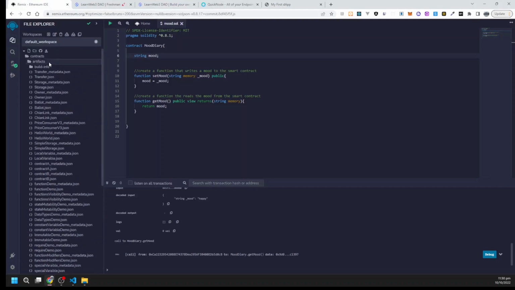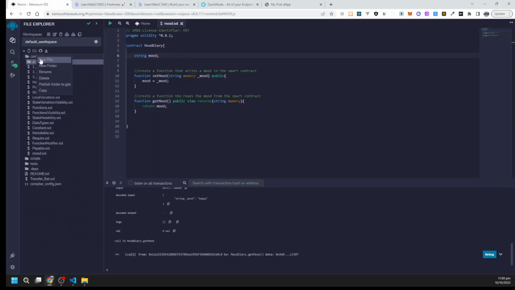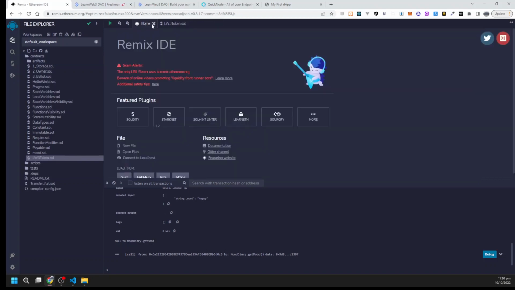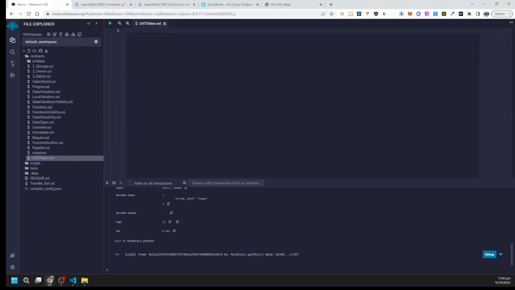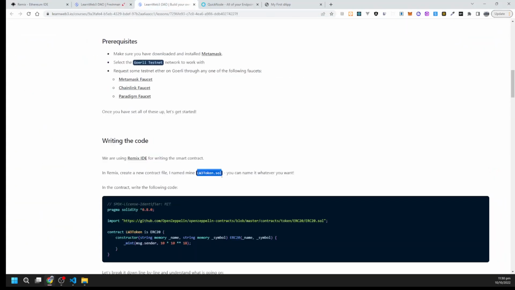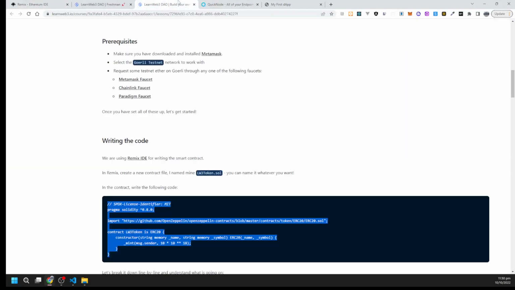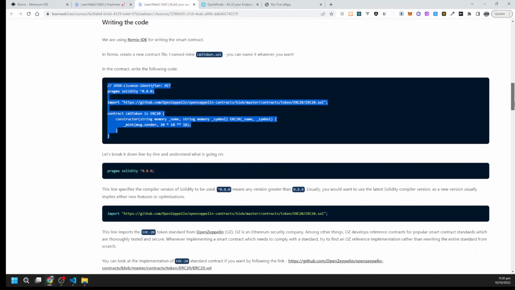Okay, just create a new contract as well. Close these files. Okay, now let's copy the code. So let's break up the code and see